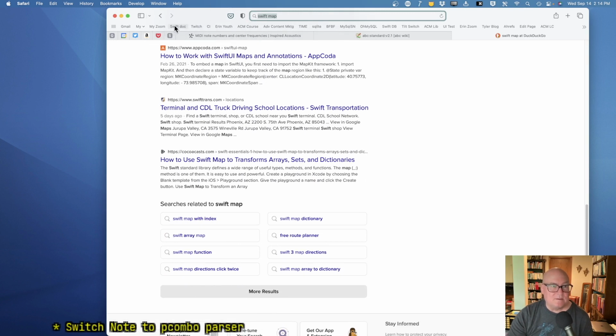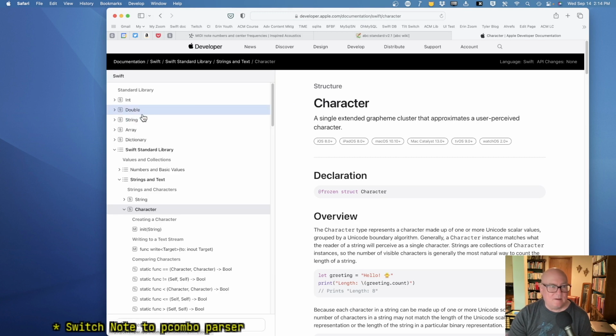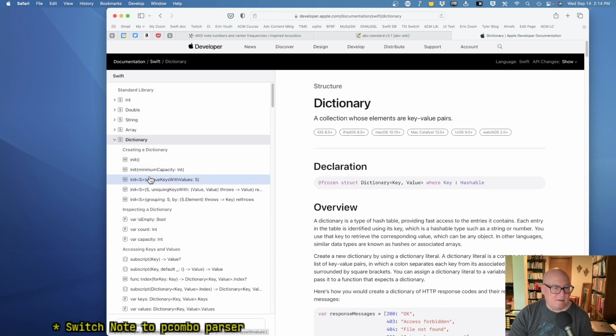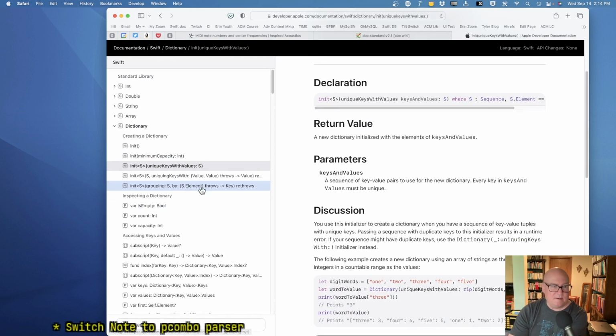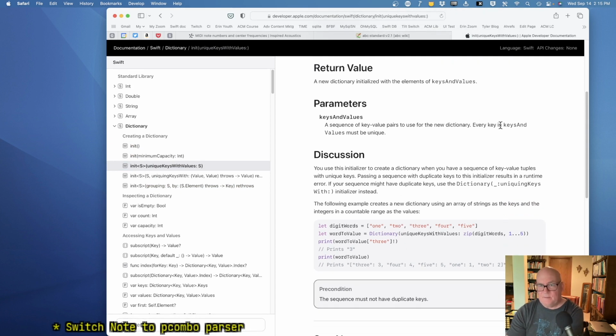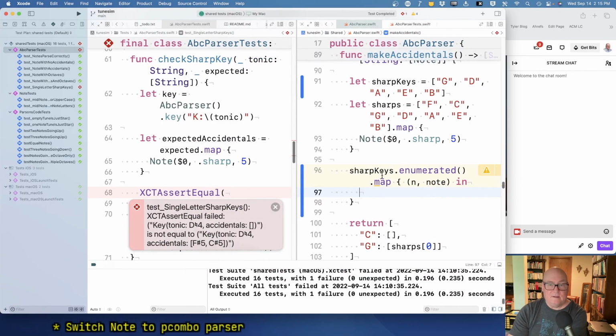What do I do with my link? Swift doc. Array dictionary. Init. Group by. A sequence of key value pairs. Okay, that is all right. The key is note, and the pair is